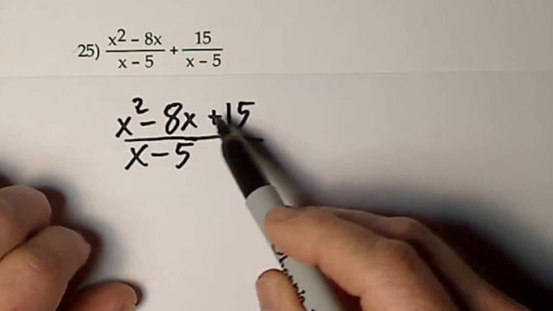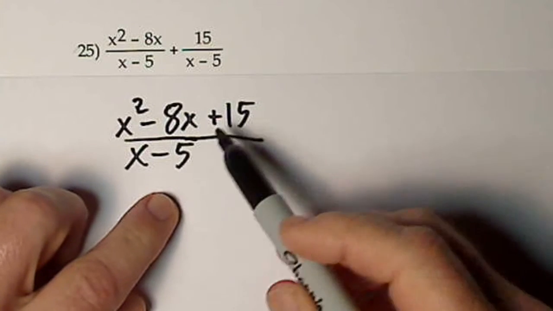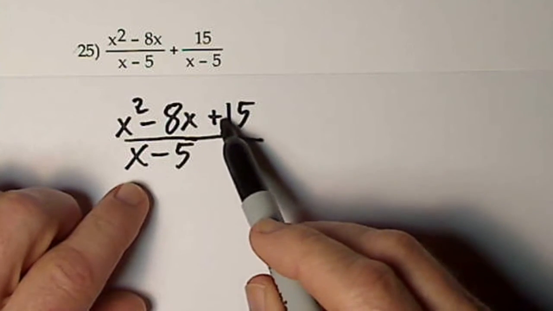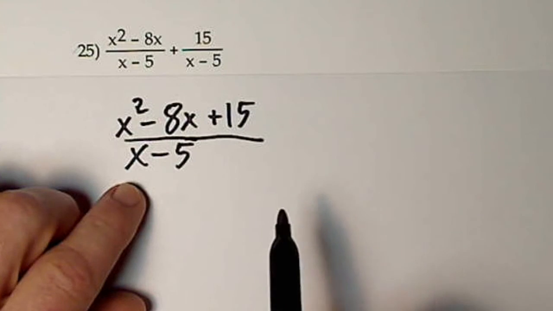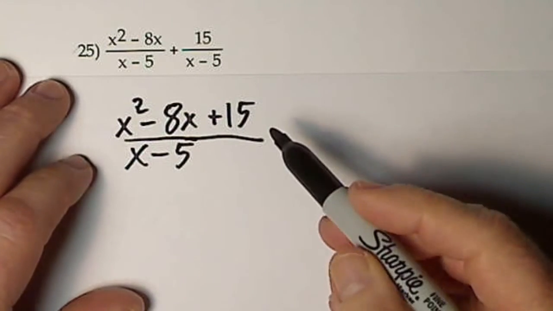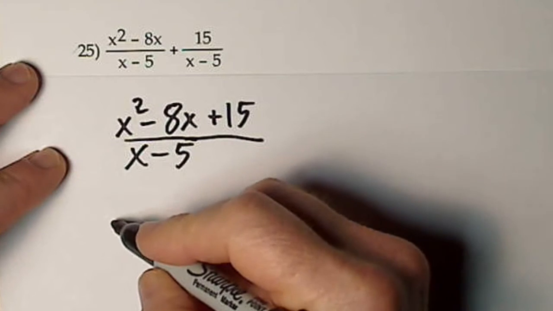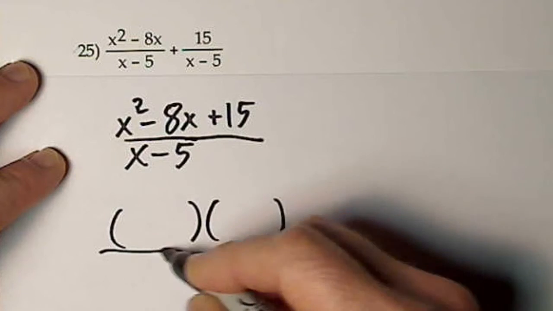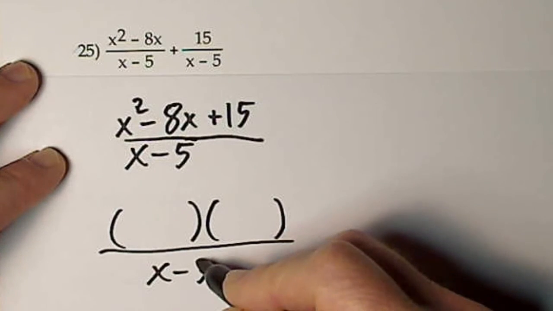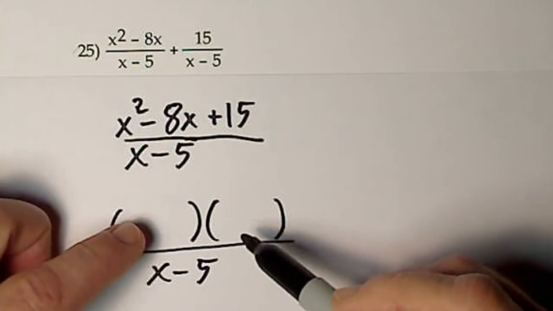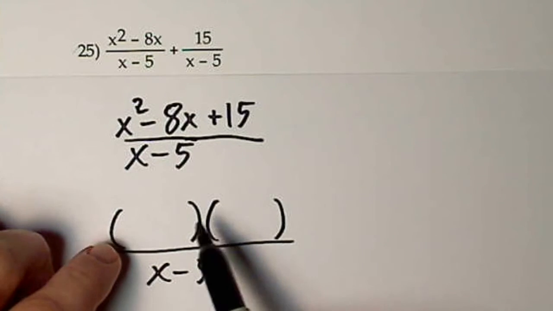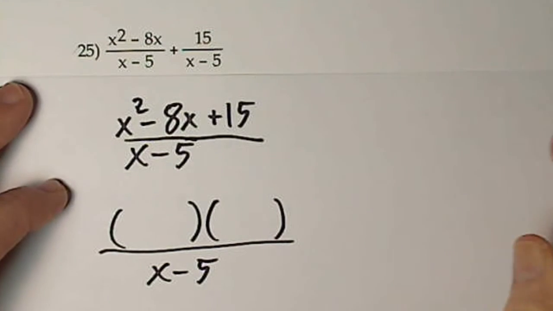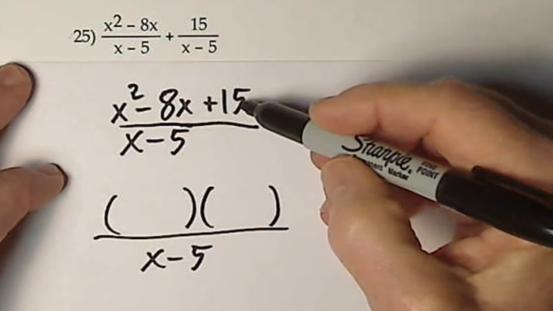And I can't cancel anything in this form. I can't cancel the 5 and the 15 because these are not factors. They're being added or subtracted, okay? But I can try to factor this numerator. If I can get the numerator to factor into something where one of the sets of parentheses is x minus 5, then I'll be able to cancel common factors. Okay, so you look at your 15,